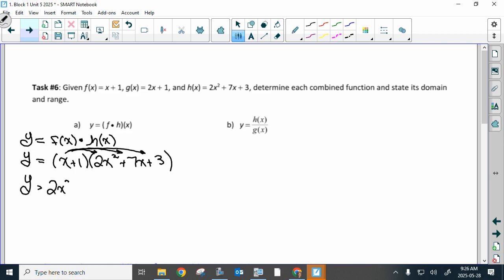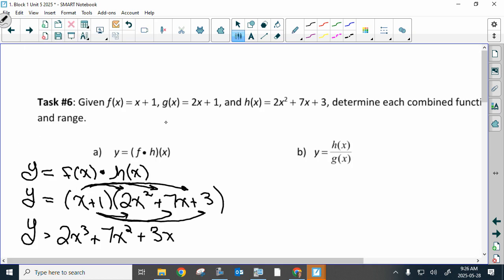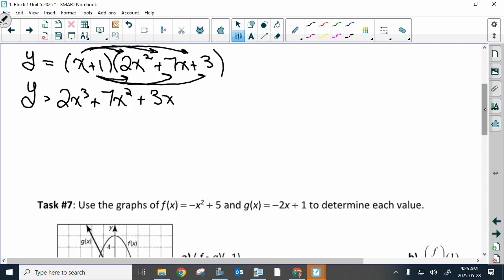So 2x cubed plus 7x squared plus 3x. And then I've got to take the 1 through every term. So plus 2x squared plus 7x plus 3. And when I put my like terms together,